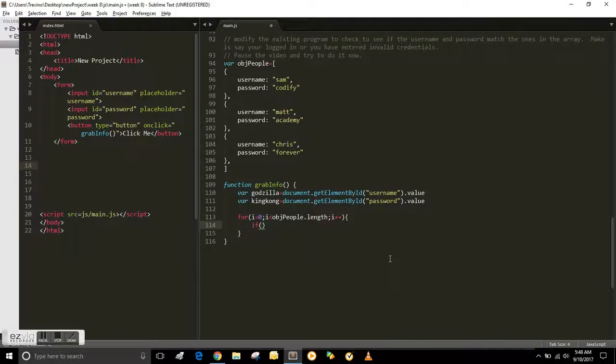there's a couple different ways you could do it, but you could say if username is equal to Godzilla, or you could say if Godzilla is equal to username, and remember, because the variable is Godzilla and the other variable is King Kong, and King Kong is equal to the ID password from the other side, from the HTML side. Then you wanted to say